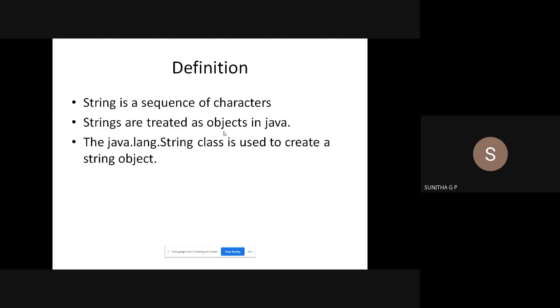In Java, you can call s.length(). It is going to find out the length of a string. Whereas if you want to find out the string length in C, what will you do? You have a library function strlen, for which you pass the string variable as a parameter. That is the difference here. Object means using that object we are invoking the method.